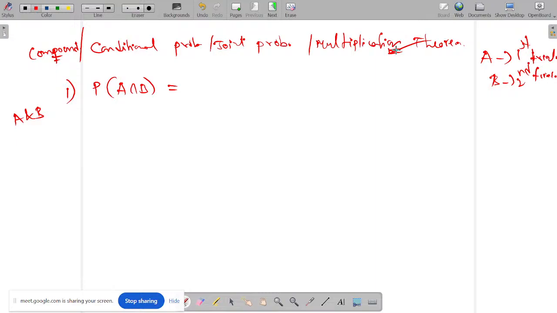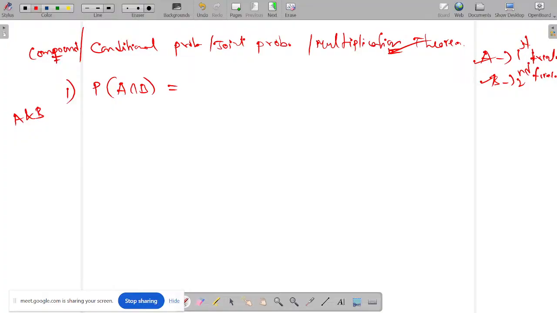So when do we apply the multiplication theorem? You have to clearly see there is no thin line of difference, it could be this way or that way, that kind of concept is not here. You have to be very sure that when we say multiplication theorem we are talking about more than one trial, because B is something happening where A has happened or not happened, dependent or independent. When we talk about mutually exclusive or other cases, we are talking about everything happening in one single trial. Head appears, tail will never appear. Mutually exclusive. Head or tail occurs, exhaustive. You should be able to split that, okay?